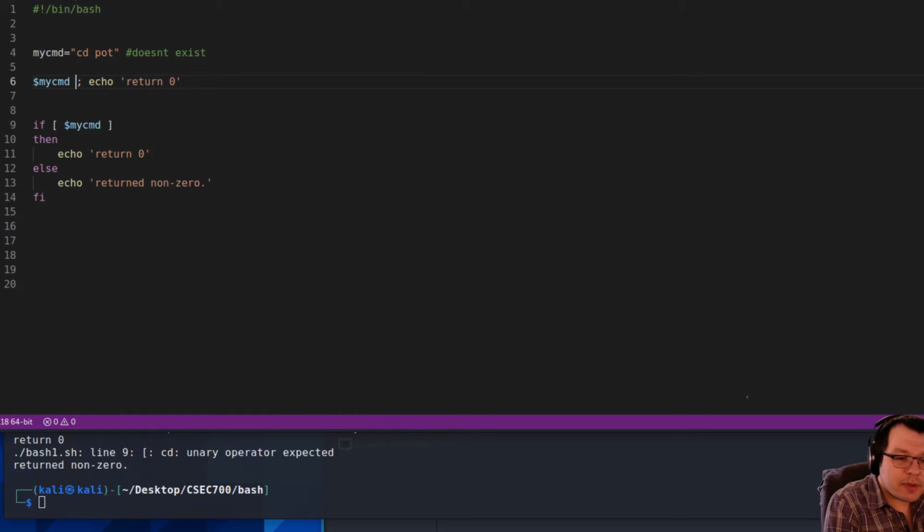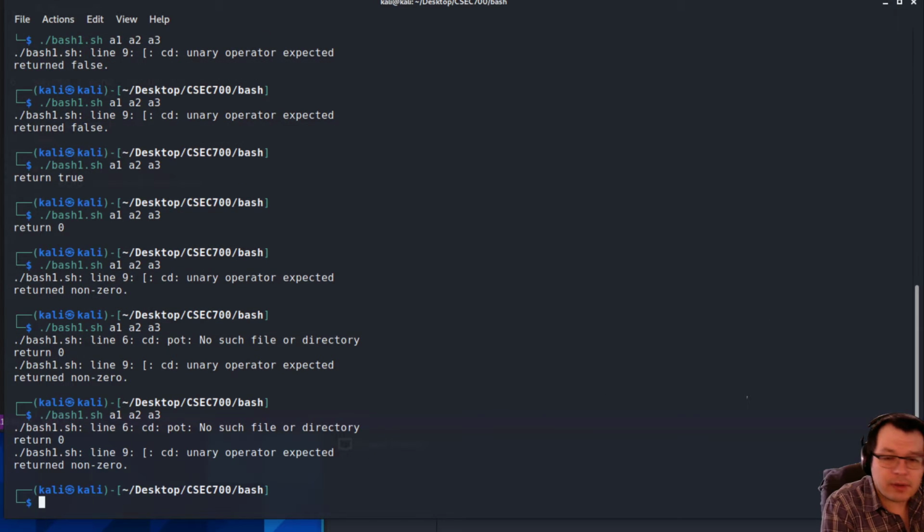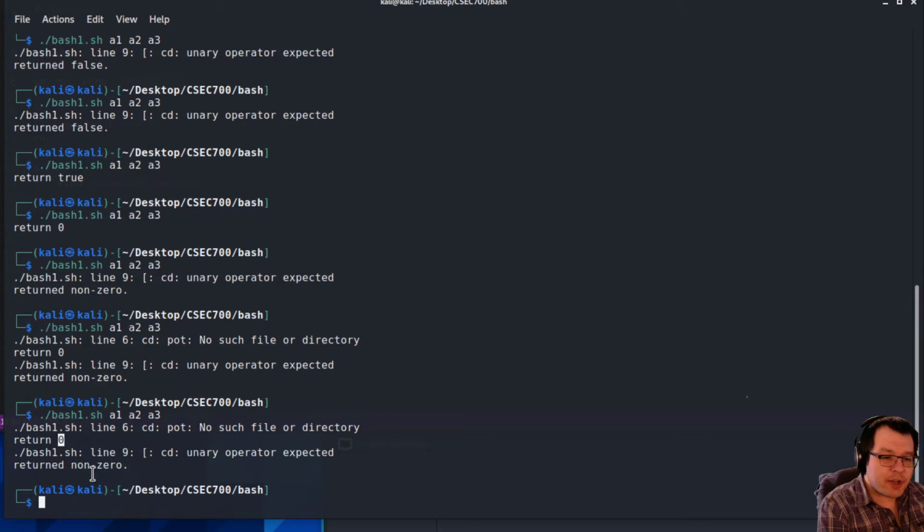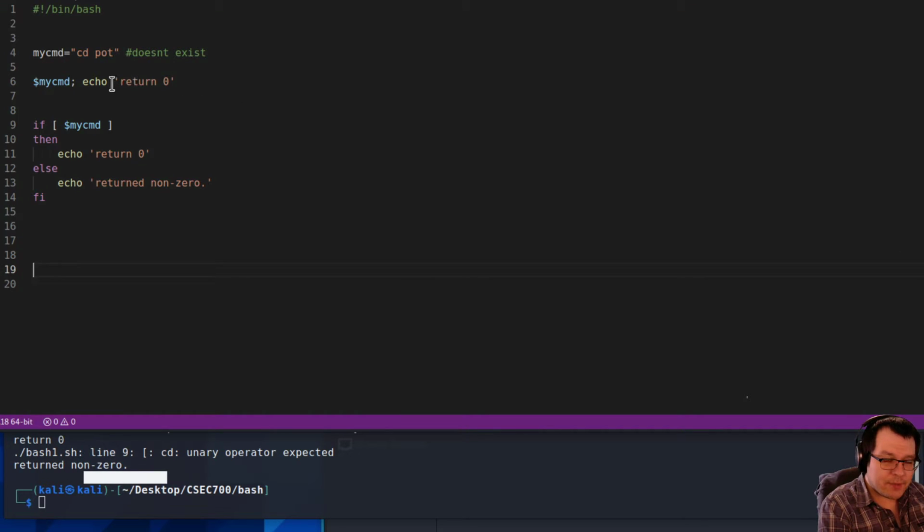Wait, I just want to check, does that make a difference? No, it doesn't. Okay, cool. So in this case, when you run this, you can see that you're getting a return 0 from this one, but you're getting a return non-zero from this one, right? So this is going for, I would say, the first line. Although